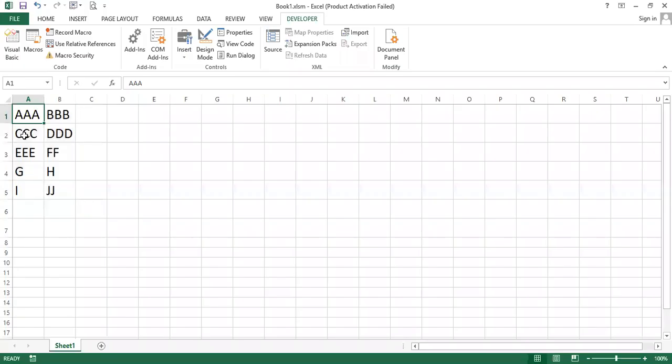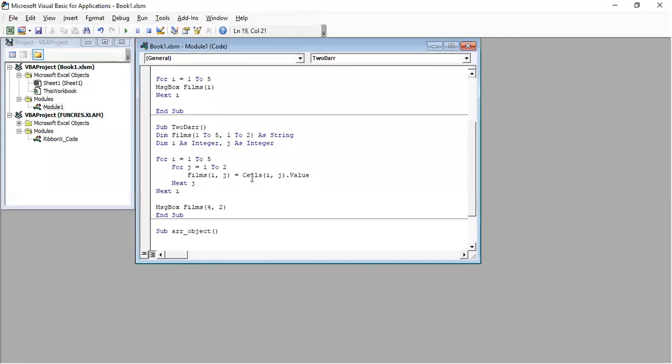So 5 rows, A1, A2, A3, A4, A5, and 2 columns, A and B. So our array contains A1 to B5. These 10 values we have put into the array by using Cells of I, j dot Value.